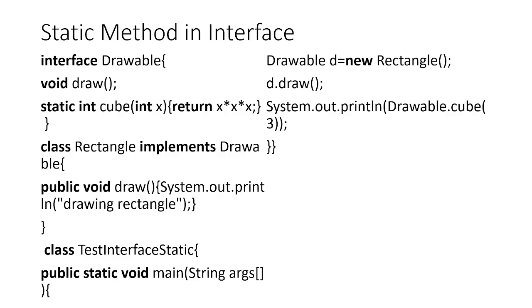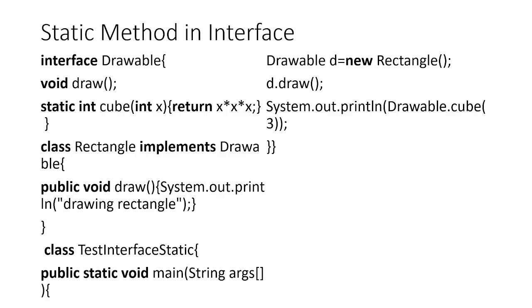So class Rectangle implements Drawable. Public void draw, System.out.println, "drawing rectangle". Okay, so the main method will be started. Drawable d equal to new Rectangle, d.draw. If in case you access d.cube, it is not able to access it because it's a